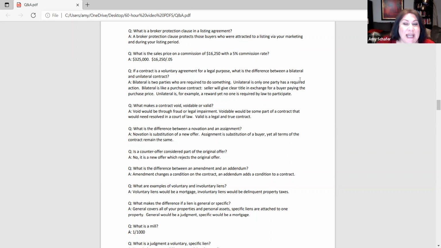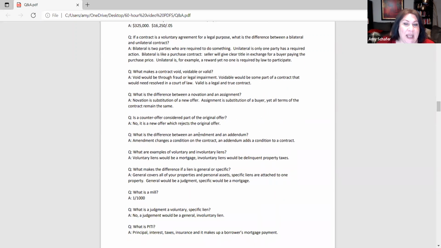Now on to an addendum and an amendment. An addendum adds information, and an amendment changes it. So let's say you and I get a purchase agreement together. I'm going to buy your house for $300,000. We're going to close on the 16th. And we've agreed that you're going to give me a 10-day window to do a home inspection with a person of my choosing at my expense. The inspector comes in, goes through their list of things that they inspect, and we find that the furnace is broken.